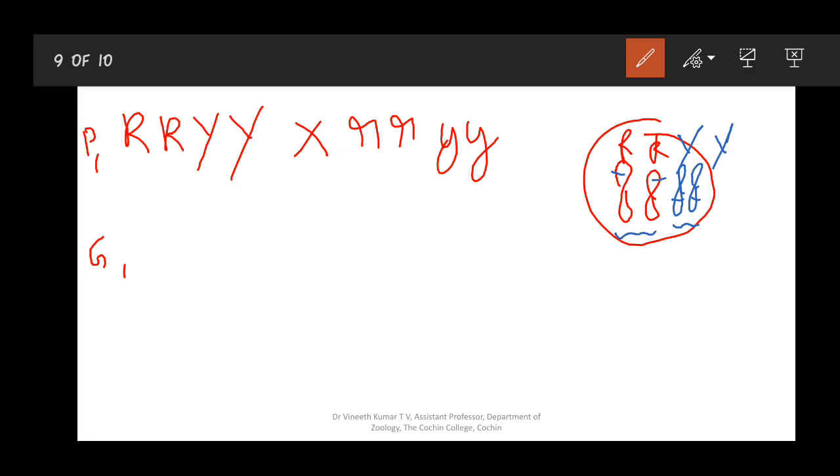Yesterday, when we considered the monohybrid cross, we took only one trait or one character, so we had only 1 pair of homologous chromosomes. Here in the dihybrid cross we will have 2 pairs of homologous chromosomes, as seen in the picture. As a result, the arrangement during meiosis will differ, and that will lead to a difference in the gametes being produced, and that will be the difference in the cytological explanation, which we are going to see now.